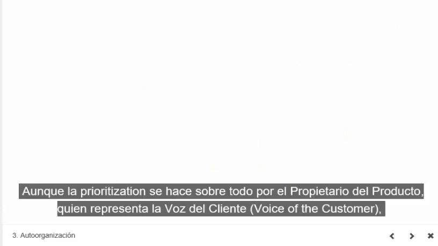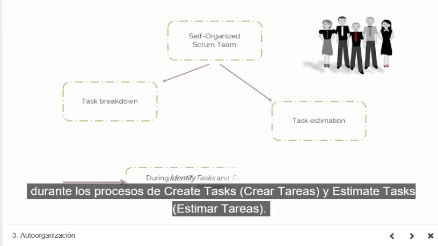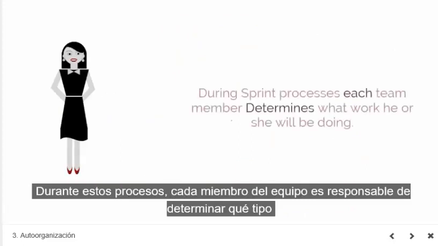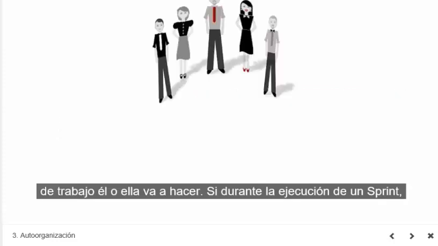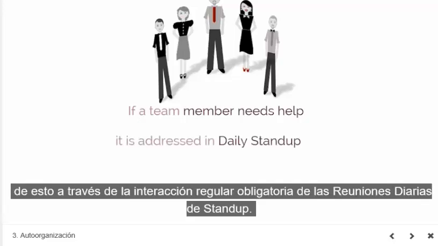Although prioritization is primarily done by the product owner who represents the voice of the customer, the self-organized Scrum team is involved in task breakdown and estimation during the identify tasks and estimate tasks processes. During these processes, each team member is responsible for determining what he or she will be doing. During a sprint, if team members need any help completing their tasks, they announce these needs during the daily stand-up